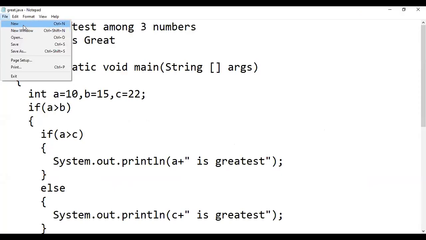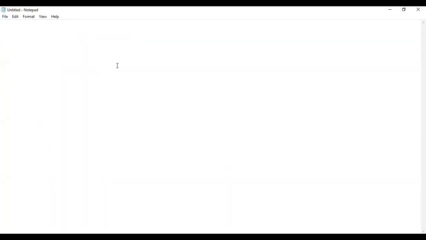For example, firstly, we display a message like press 1 for addition, press 2 for subtraction, press 3 for multiplication. And when a user enters a choice like 1, 2, 3, corresponding to their choice, we perform the operation.